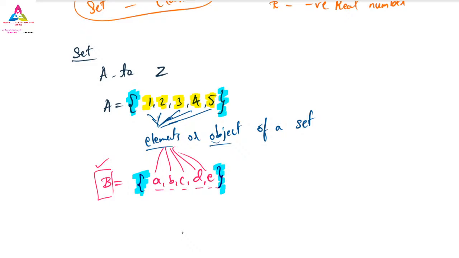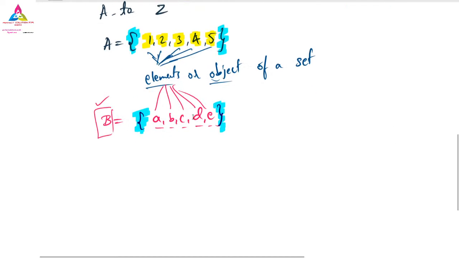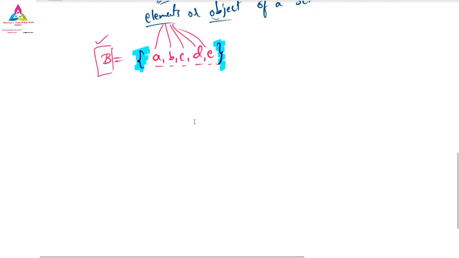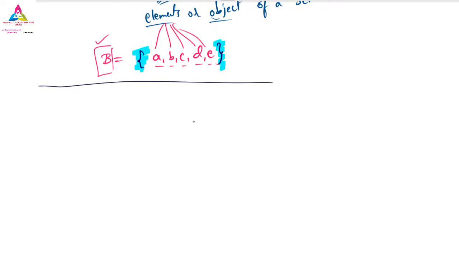Now, if you have a set, there are two possibilities we have. Whenever we are writing a set, there are two things we will go through. I will write down a set, for example, and you have to understand it. So I will take one set here, D is equal to, bracket I will put, and 1, 2, 3, 4,